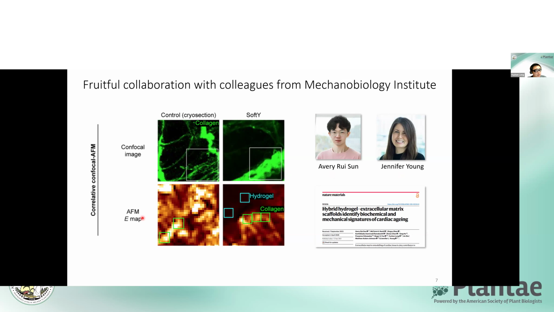So we established a small collaboration team within our lab and Jennifer's lab. Together, this work has contributed to a great piece of work recently published in Nature Materials,